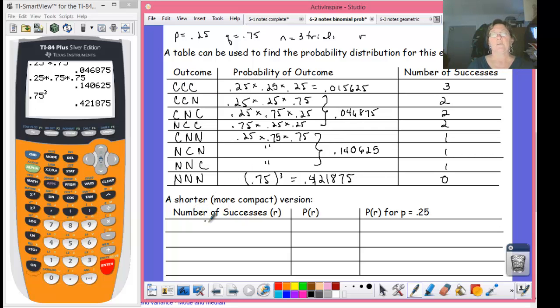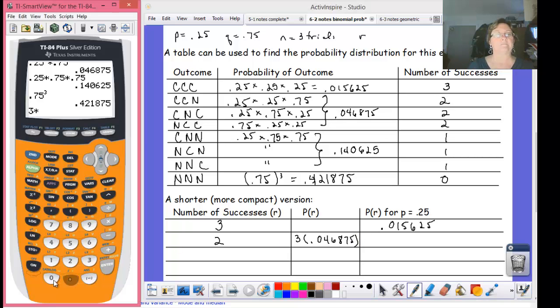We could make our probability distribution look a little neater by cleaning it up. We don't need to have all those rows of repetition when we can just show 3 successes with a probability of 0.015625, 2 successes, and we have 3 like that whose probabilities are 0.046875, and 3 times that is